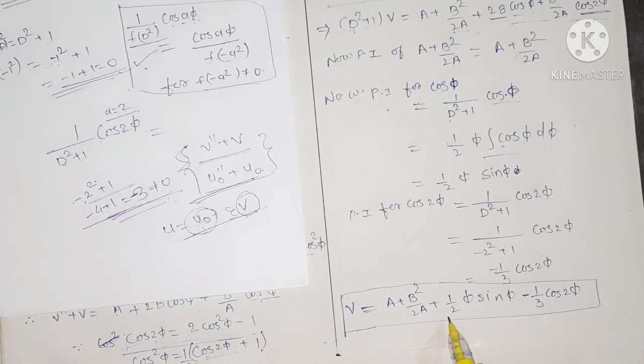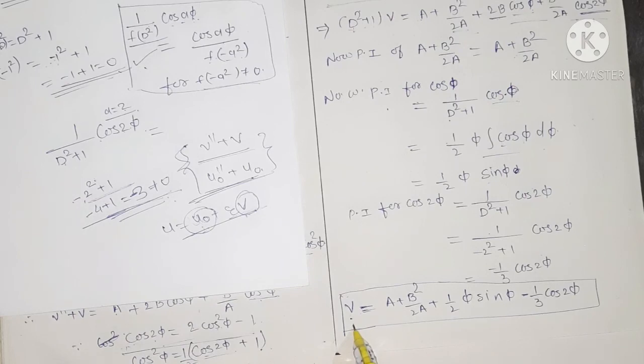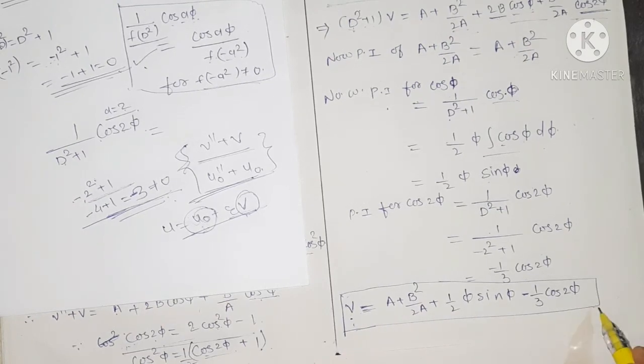Now we have u0 and the value of v. We substitute the values of u0 and v in our solution, that is u in equation 3. We will substitute this in the next lecture and see how to solve it further.